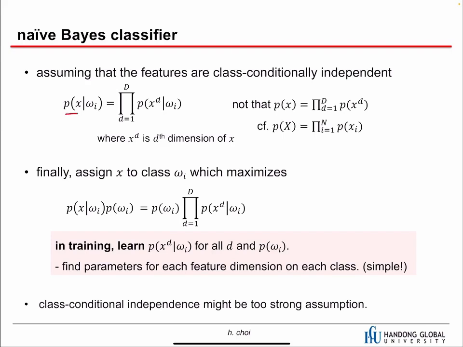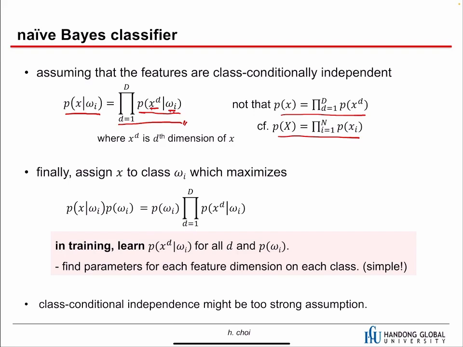So this one can be decomposed to this one. Because we assume that all these features are independent, we can multiply. This one is the probability of the feature in dimension d given class i. And then we multiply these probabilities from 1 to D, because these are independent. Good. Don't get confused with this and this. So when we multiply the probability of xd given omega i,